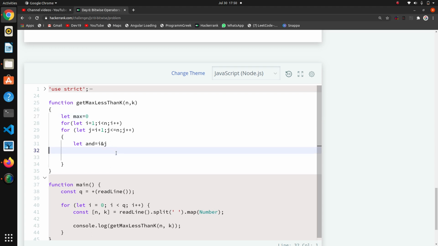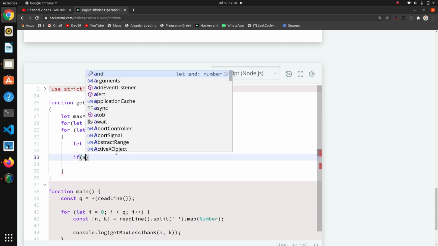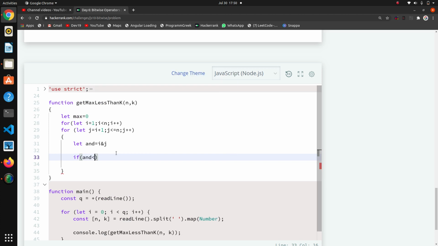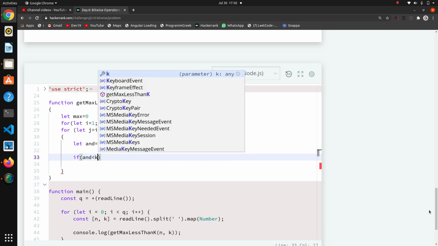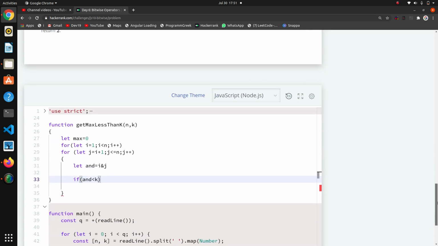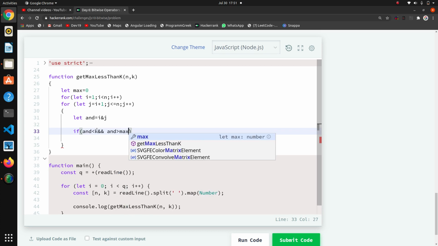Now we have to check that if our and value is less than k, because it must be less than the k we are getting, and is greater than max.